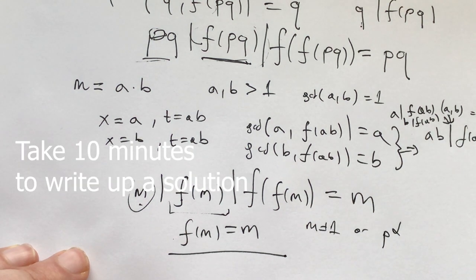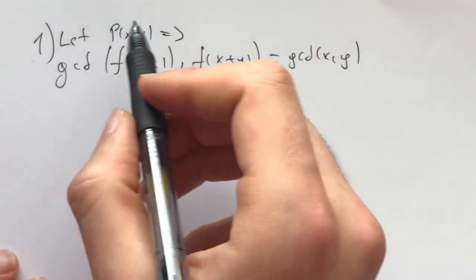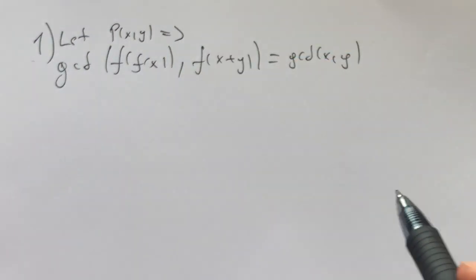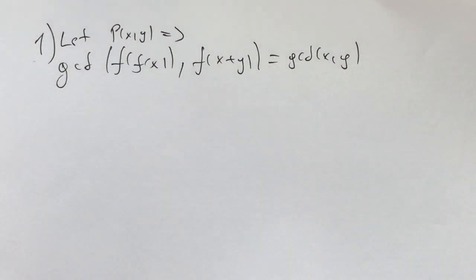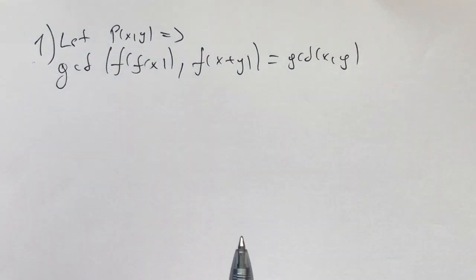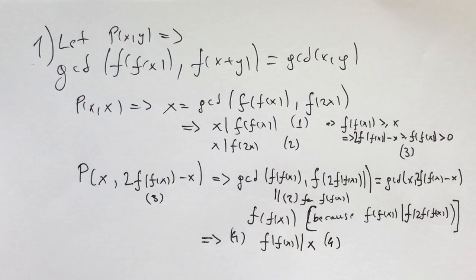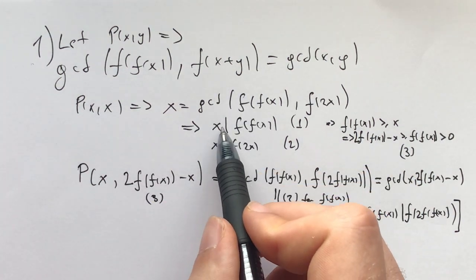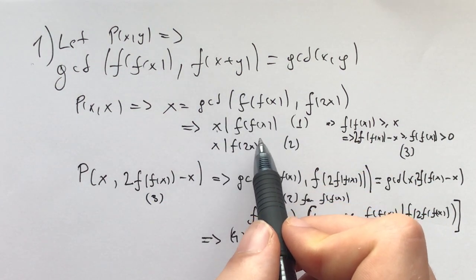And now I invite you to take 10 minutes and write up a solution. Here's our solution. So firstly, we define P of x, y as the thing that implies the GCD of f of x and f of x plus y is equal to the GCD of x and y. And now we plug in a bunch of things. And what we get is that P of x and x, we get x divides f of x, and x